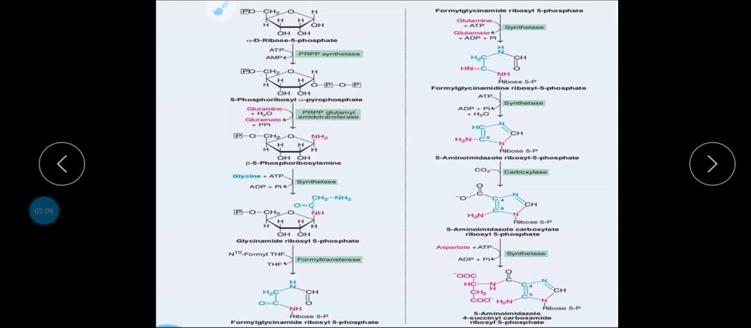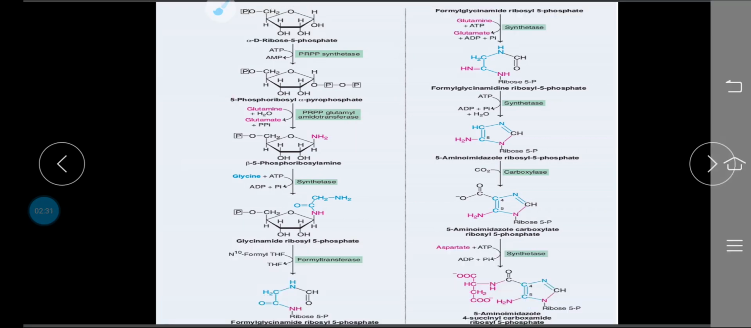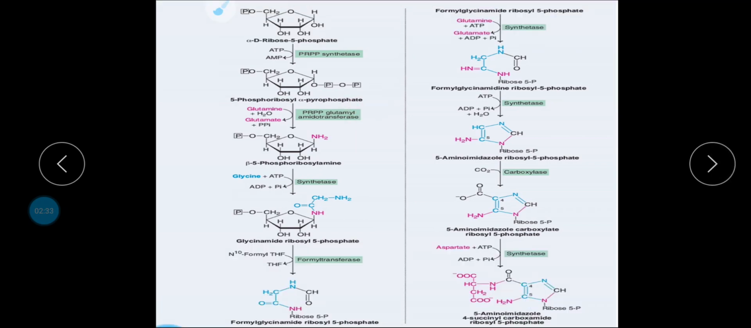Means this pyrophosphate group is attached on this hydroxyl group with the help of enzyme pyrophosphate synthetase, and it is accompanied by the conversion of ATP, means ATP is required for this conversion. Now this 5-phosphoribosyl alpha pyrophosphate gets converted to